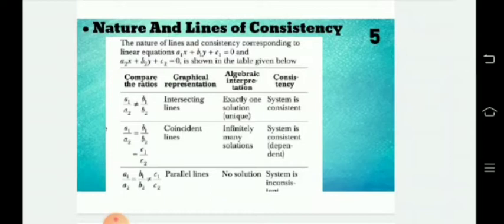इक्वल छ बट c1/c2 को भ्यालुसित इक्वल छैन भने चाहिँ ग्राफिकल रिप्रेजेन्टेसन कस्तो हुन्छ भन्दा चाहिँ प्यारलल लाइन्स, मिन्स दुईटा लाइन चाहिँ प्यारलल हुन्छ एकाअर्कासित। एल्जेब्रिक इन्टरप्रिटेसन चाहिँ नो सल्युसन, मिन्स x र y को भ्यालु नै हुँदैन। किन, अगर दुईटा प्यारलल छ भने x र y मा टच गरेको छैन न त इन्टरसेक्ट गरेको छैन, त्यसैले x र y को भ्यालु नै हुँदैन। भ्यालु कन्सिस्टेन्सी चाहिँ सिस्टम इज इनकन्सिस्टेन्ट, मिन्स यसको भ्यालु हुँदैन।